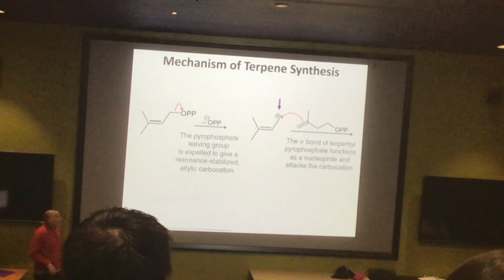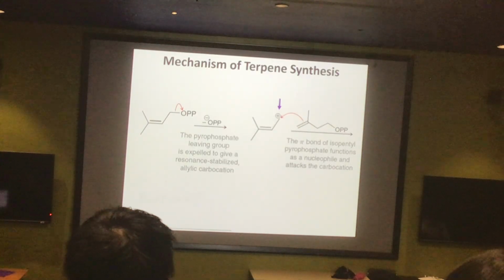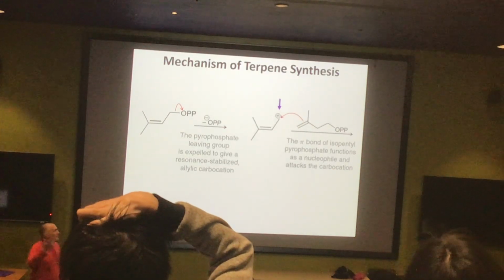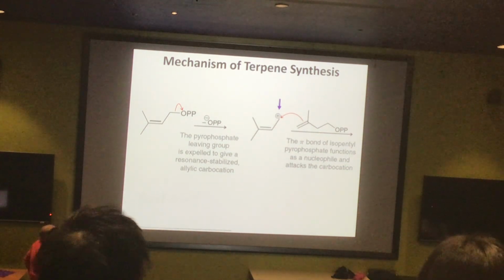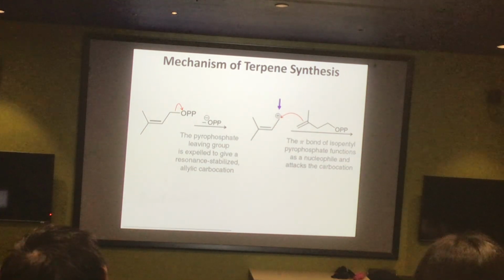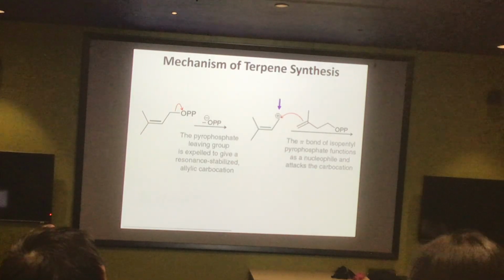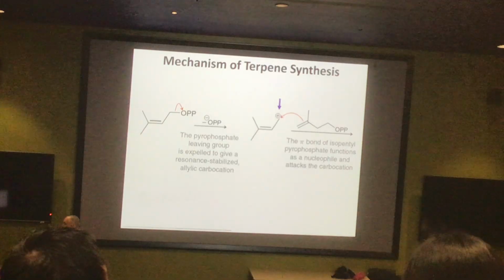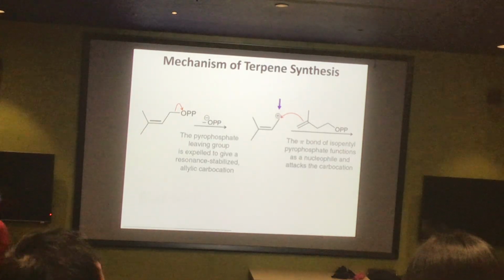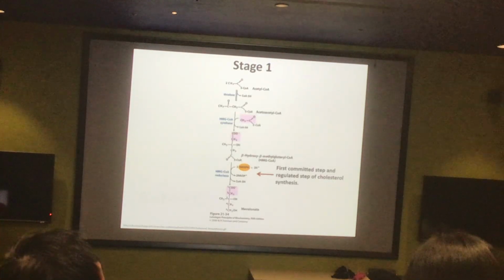In terms of the chemistry of making these sorts of connections, well, that is something that you probably recognize. You have the loss of the pyrophosphate group, leading to this positive charge here, and the attack of the electrons on another activated isoprene, actually making that carbon-carbon bond. So the chemistry itself is not necessarily particularly exciting.